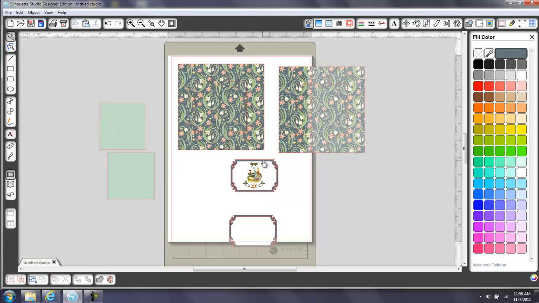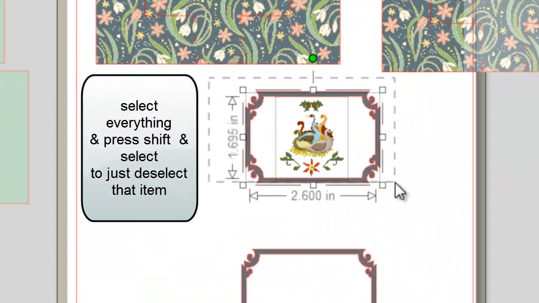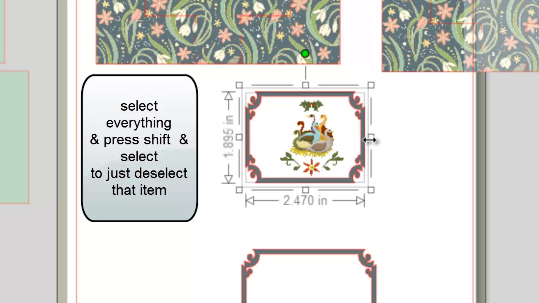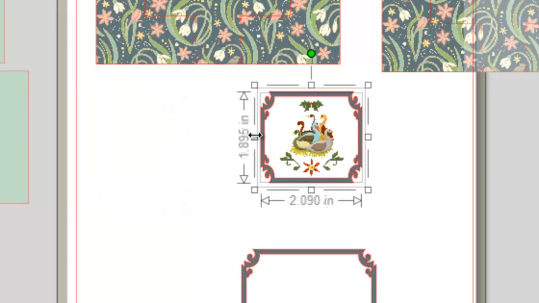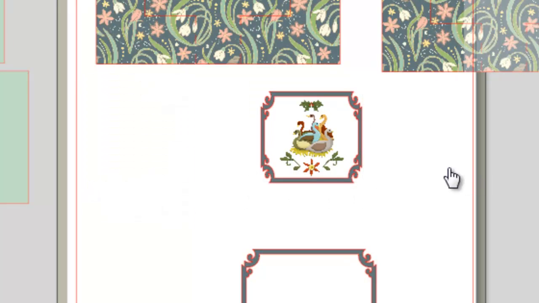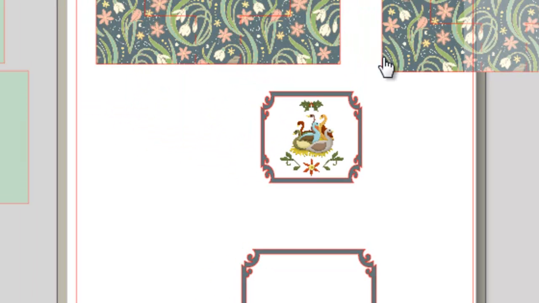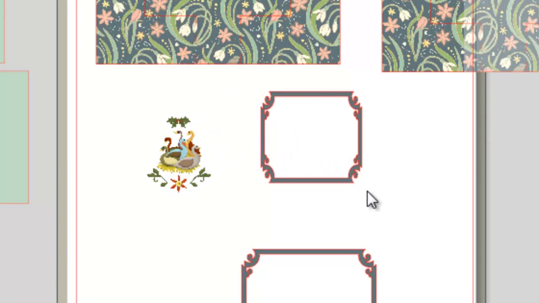No, so I'll marquee select everything, shift and click just that so that that is not selected. So that seems okay. That's perfect. Okay, that's good enough for me. So move that out,